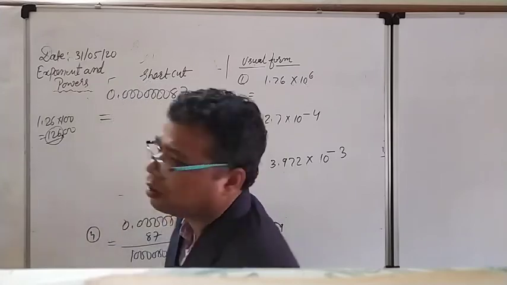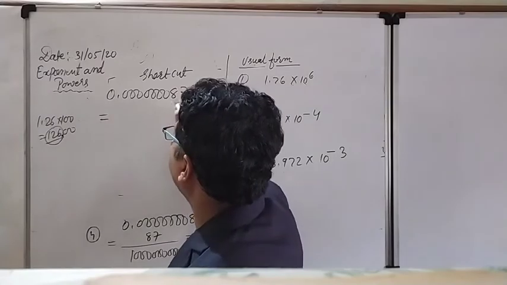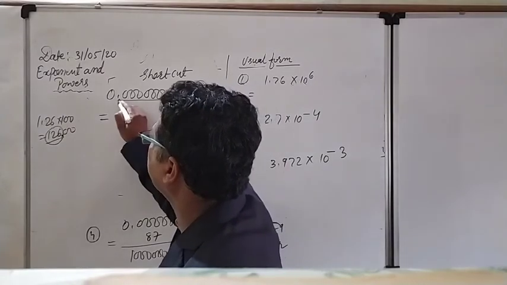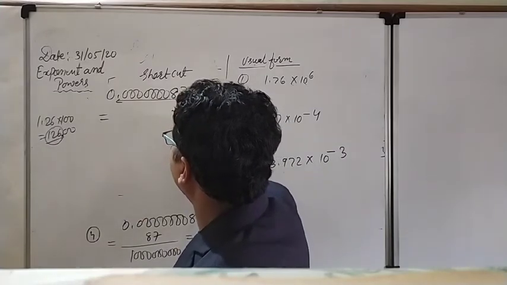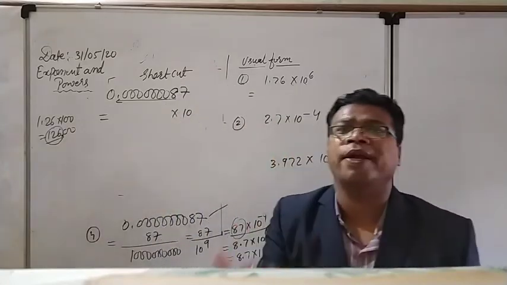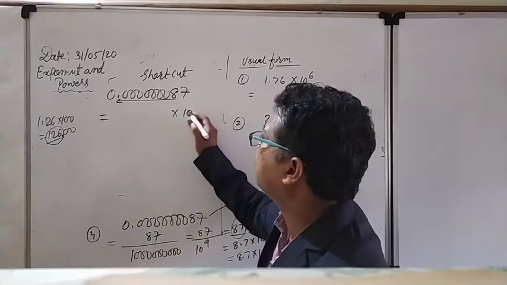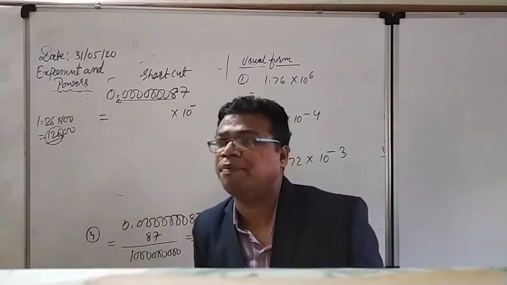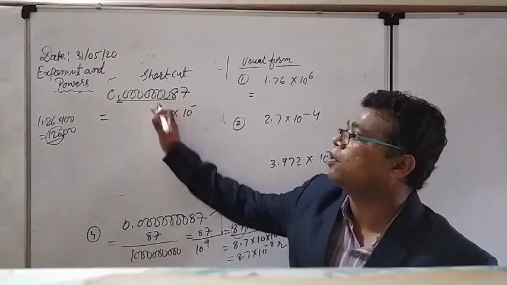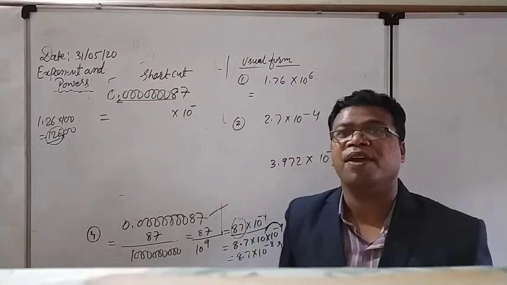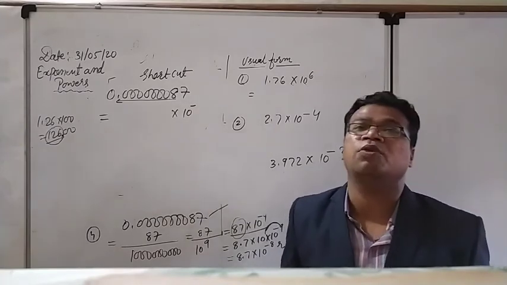See, directly I will get the answer. Only what I have to do is see how many digits I have to transfer before the point. That will be into 10 to the power. Whenever you are working on point digits, whenever the numbers given are less than 1, you will directly come to know that the answer will come in the form of 10 power minus something. Why? Because we are working on smaller digits. And when we are working on bigger digits, more than 1, definitely that 10 power will come in the positive form.